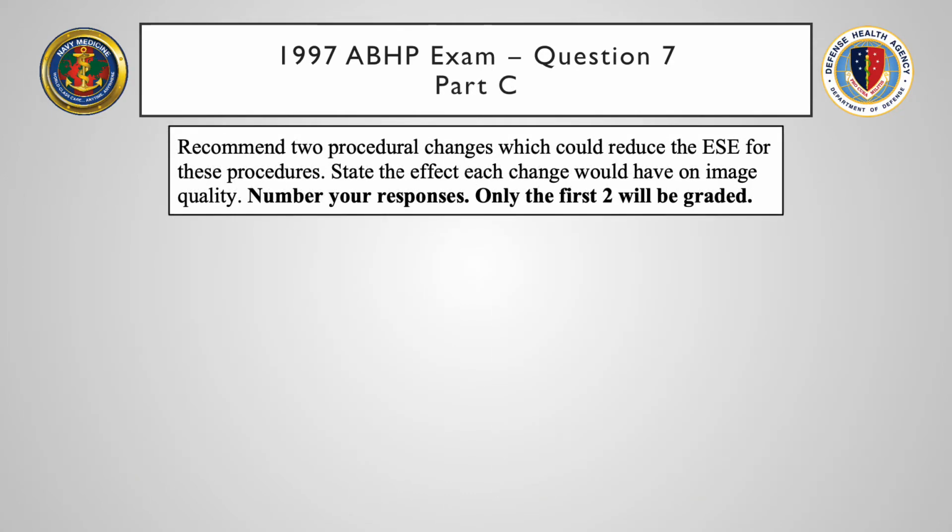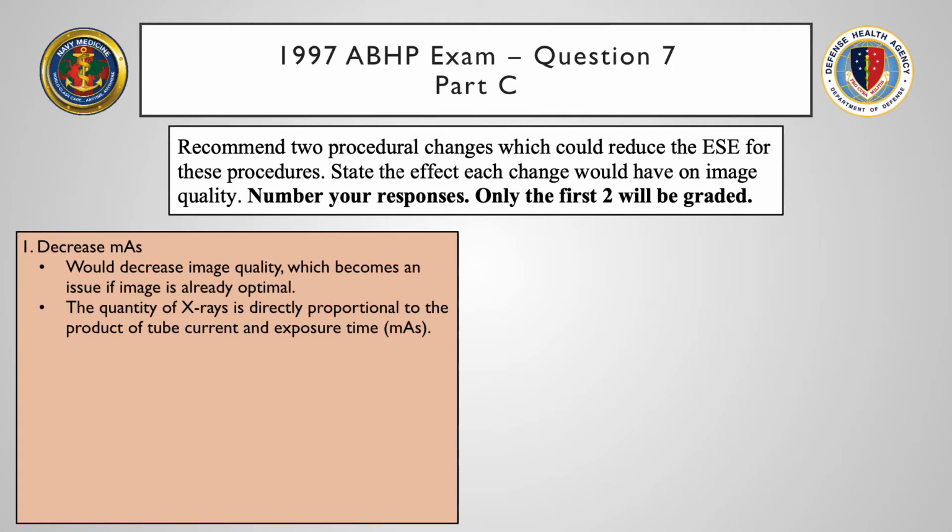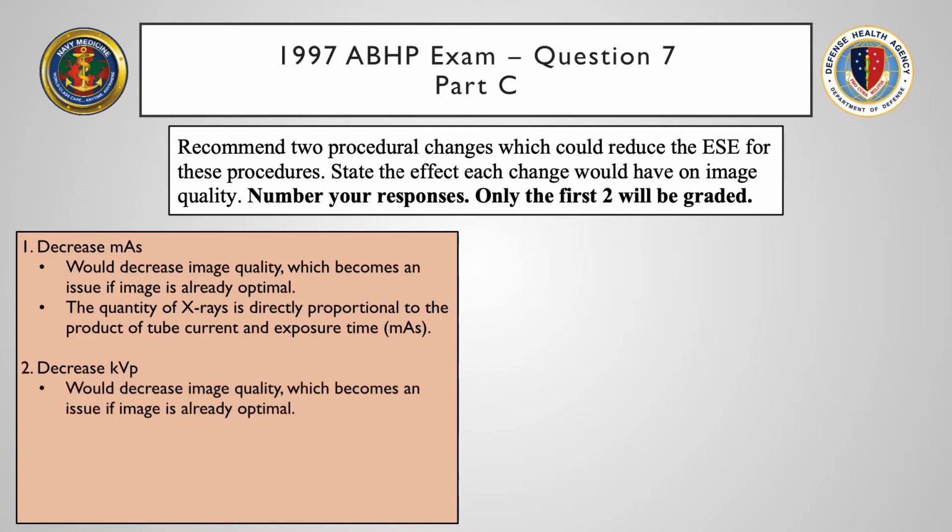Part C asks us to recommend 2 procedural changes which could reduce the entrance skin exposure to the patient. I'm going to list 5, but you only need 2, so keep that in mind. The first one, decrease mAs. This decreases the image quality, which becomes a problem if the image is already optimal. 2, decreasing kVp would also decrease the entrance skin exposure and image quality, which is a problem if it's already